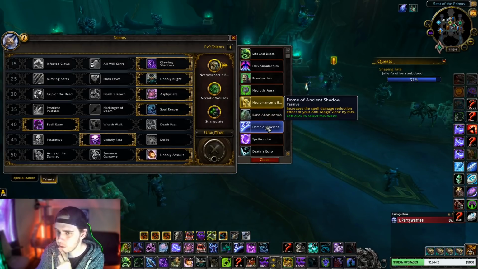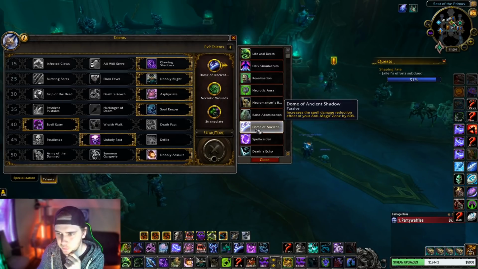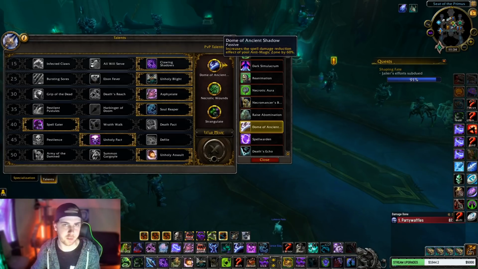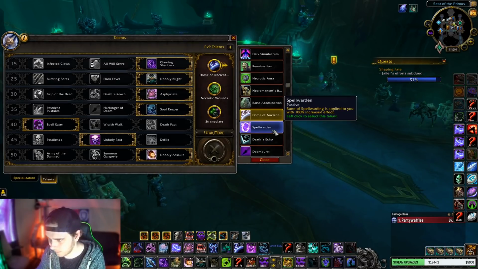What do we have? Dome of Ancient Shadows. You're going to play this in all the same situations you played it last season. Fire Mage Combustion, Dark Soul, Warlocks, anything like that. Anything where to save your teammates, you're going to play Zone still, okay? Because it's still insane. It increases the reduction by 80% when you use the talent. The next talent,